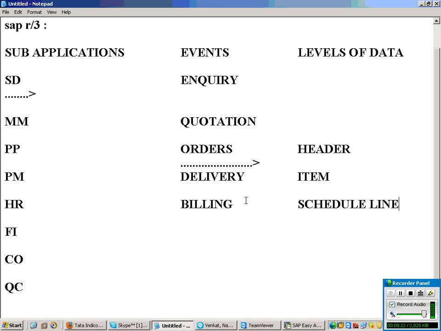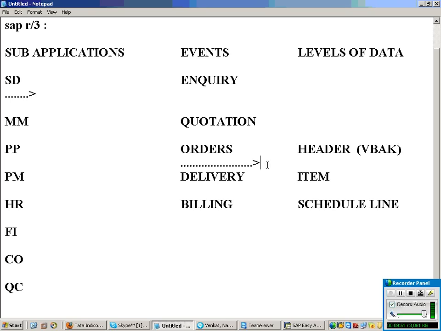So header data will be stored in one table, item data in another table, schedule line data in another table. R3 has, as I said yesterday, ready-made tables. So imagine your sales order header data is stored in a table called VBAK.